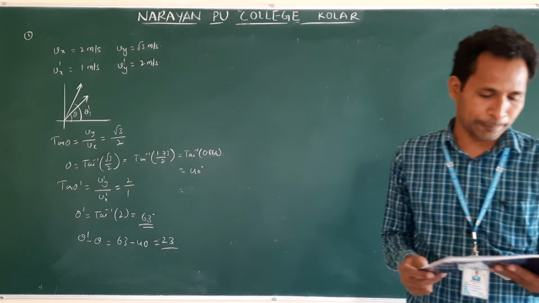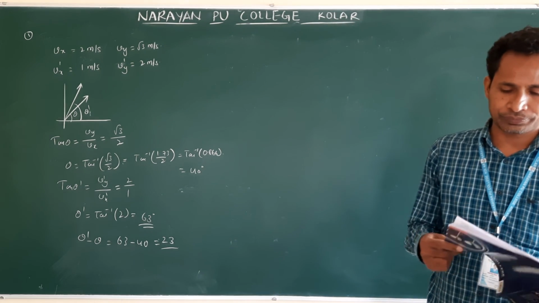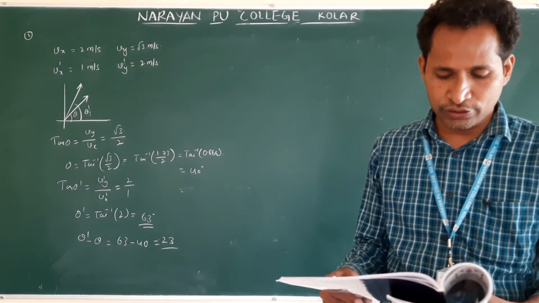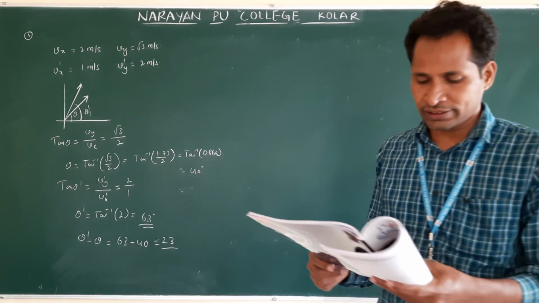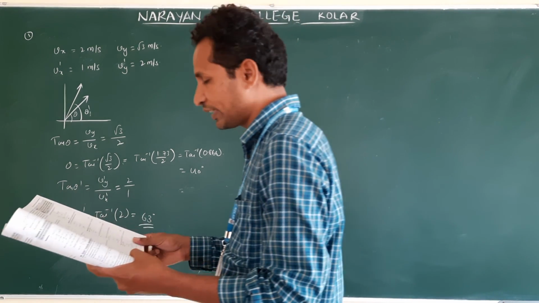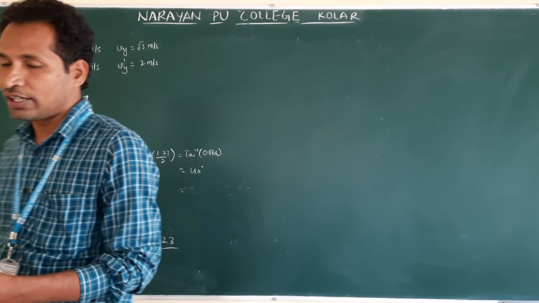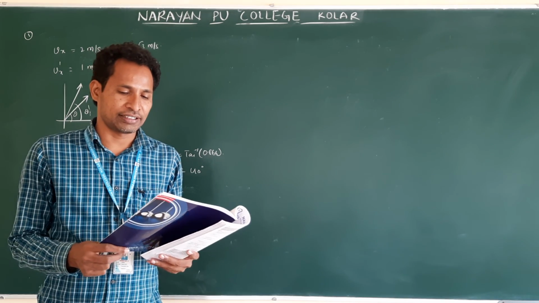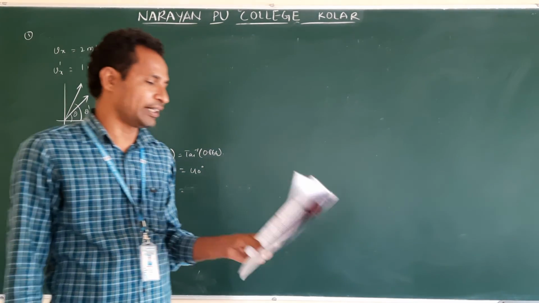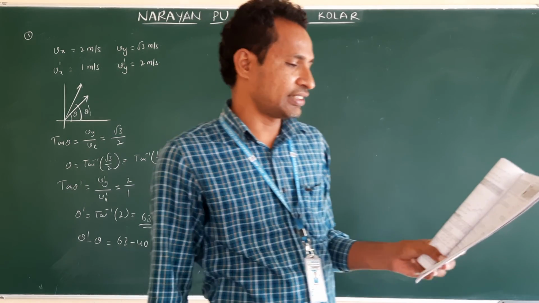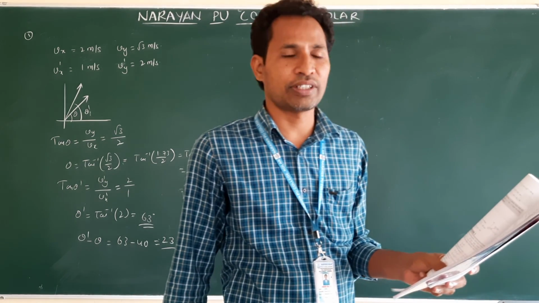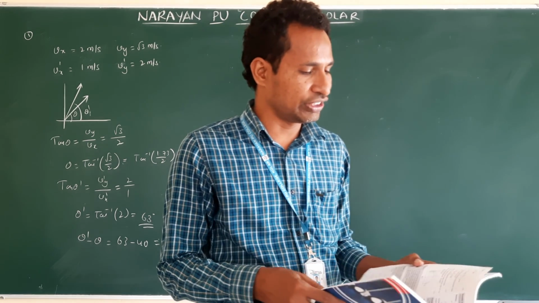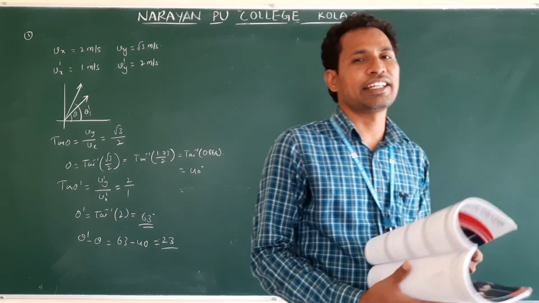Next, projectile motion. We have already done this equation. Finally, I am going to give the equations directly. y is equal to x tan theta minus g x square by 2u square cos square theta. This we have already done with a long derivation. And tan alpha is equal to vy by vx. Time of flight 2u sin theta by g, all given. Next, maximum height u square sin square theta by 2g. Range u square sin 2 theta by g. Range is maximum when theta is equal to 45.